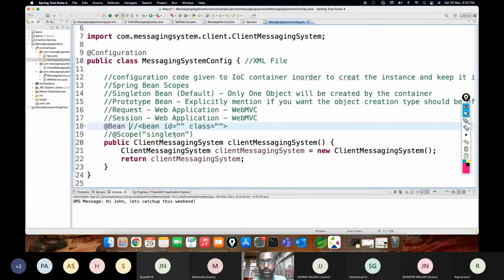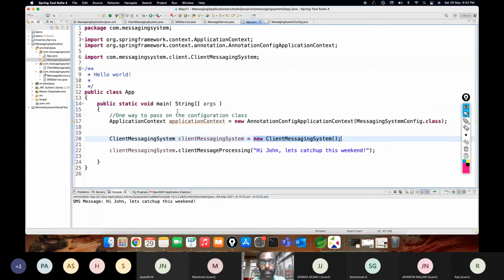Okay, so now let's jump straight into the code. Here we have the messaging system config, right? I don't want to provide this instance, because it's already going to be cooked up by the container. So we'll remove this code. And what do we have to place here? Application context